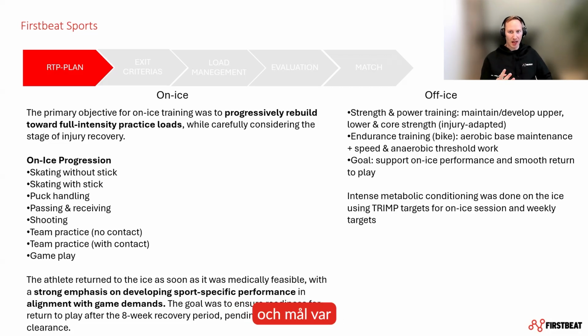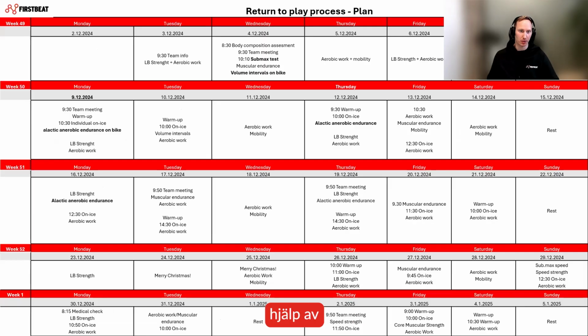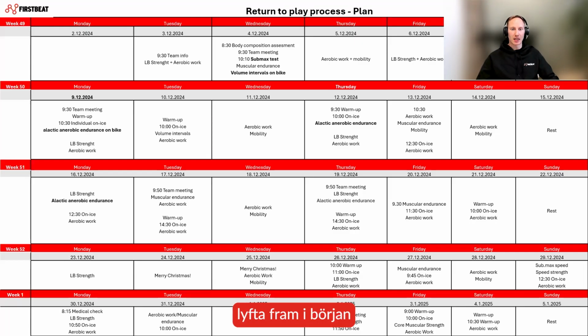Then after the athlete was able to return to ice, intense metabolic conditioning was done using trimp targets on on-ice sessions and weekly targets. Here's the plan for the return to play process. So he had 3 weeks off because of the injury and then 5 weeks of training, which is good to highlight. At the beginning of the return to play phase, they did a submaximal fitness test, and then I have